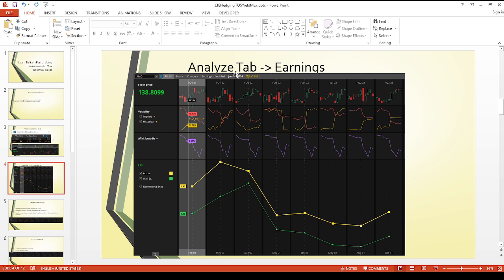So again, under the Analyze tab, under the earnings section, it shows a few things. It shows you a small chart snapshot for each of the quarters, and also the volatility. So it shows you both the implied volatility and the historical volatility, the at the money straddle, and the earnings per share. So, for example, for AMD,